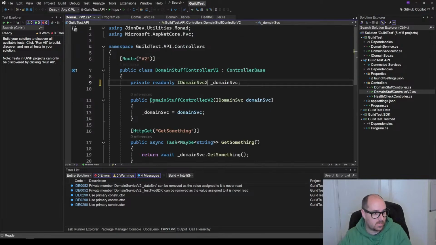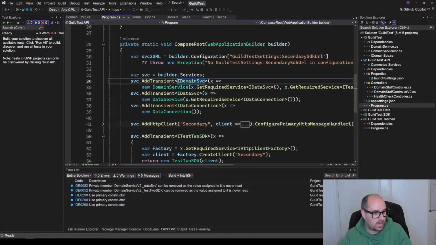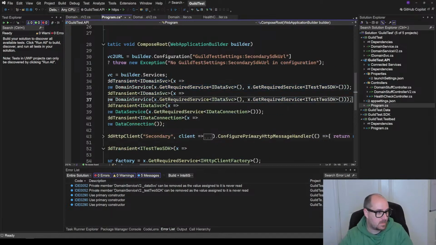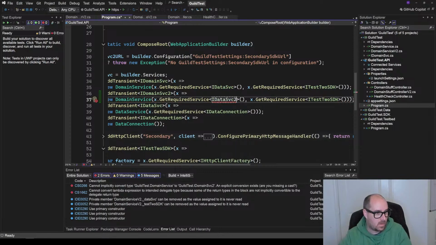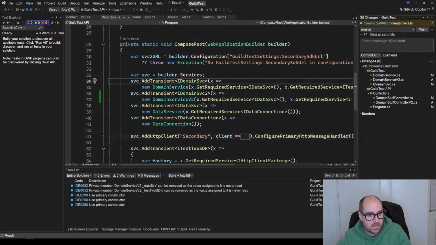V2 just relies on number 2. And program. Oh, not data service, that's fine. Service V2. All right, and then